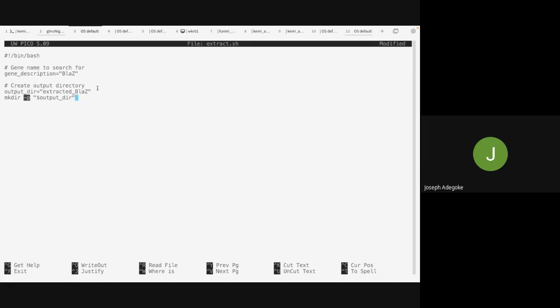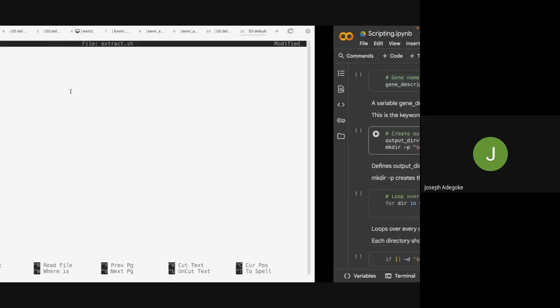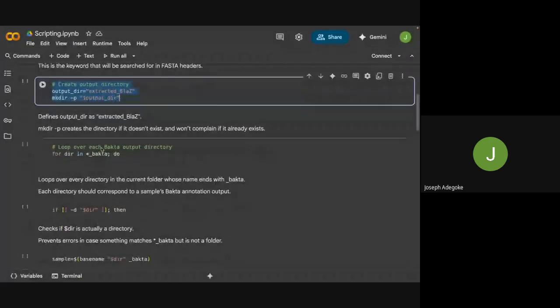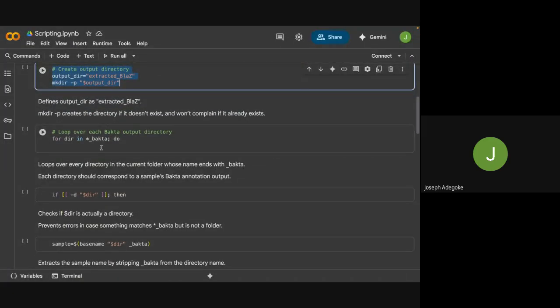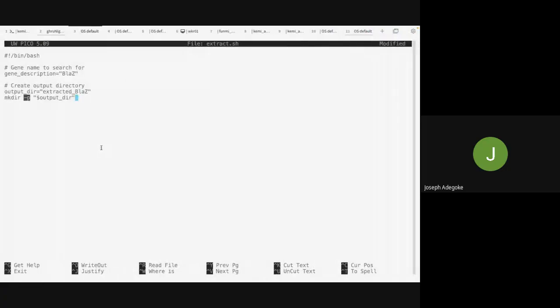The tool itself will create the output directory. So this minus p ensures to silence every flag that may occur, even if you have this extracted blazed before. And then what you want to do next is